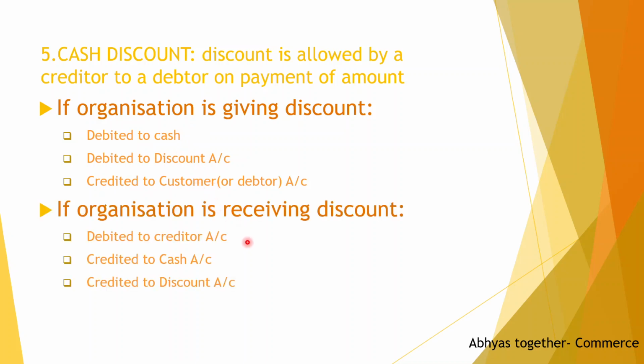Then if the organization is receiving a discount as a shopkeeper or as a business, if I am receiving the discount, then that discount will be a gain to me. The creditor is the one who is receiving the cash. So debit the receiver, I am debiting his account, and the cash is going out from my business. So credit what goes out. It's a real account. That's the reason I'm crediting the cash account. Then the discount is a gain to me in this particular case, where we credit all incomes and gains, nominal account. So I'm crediting the discount account.